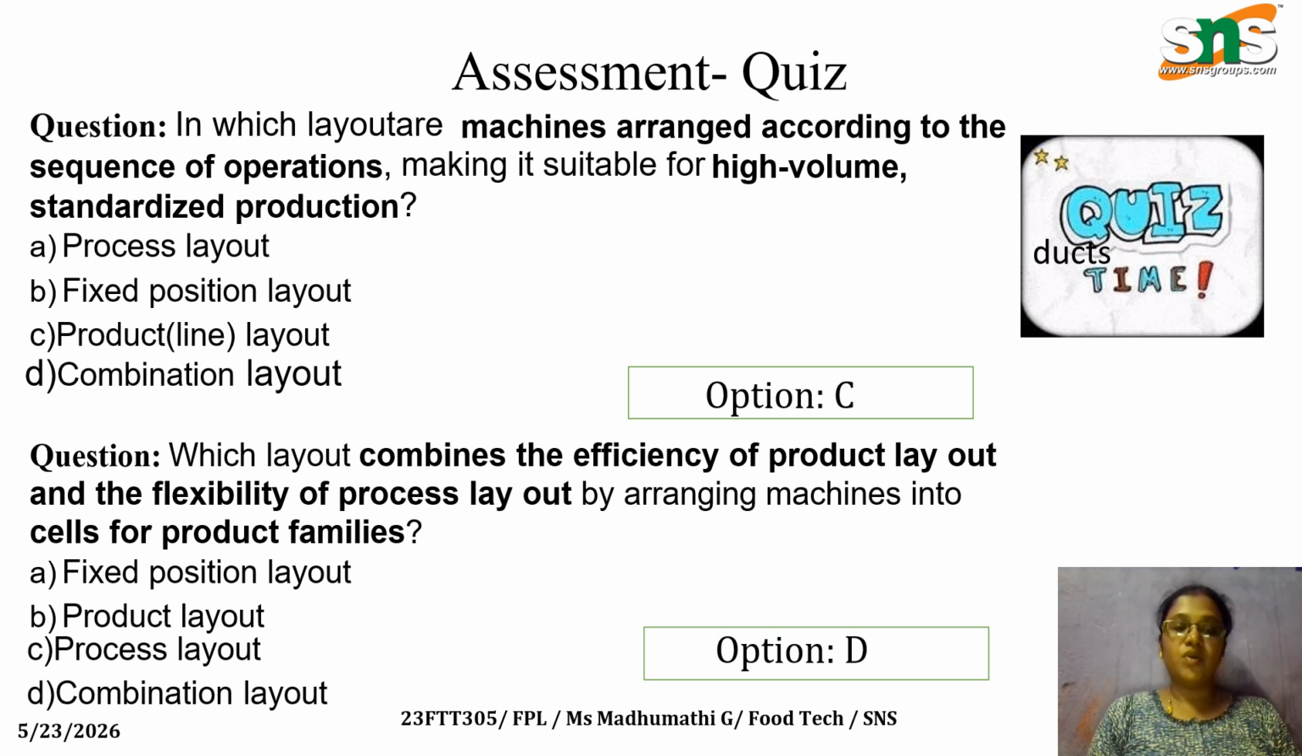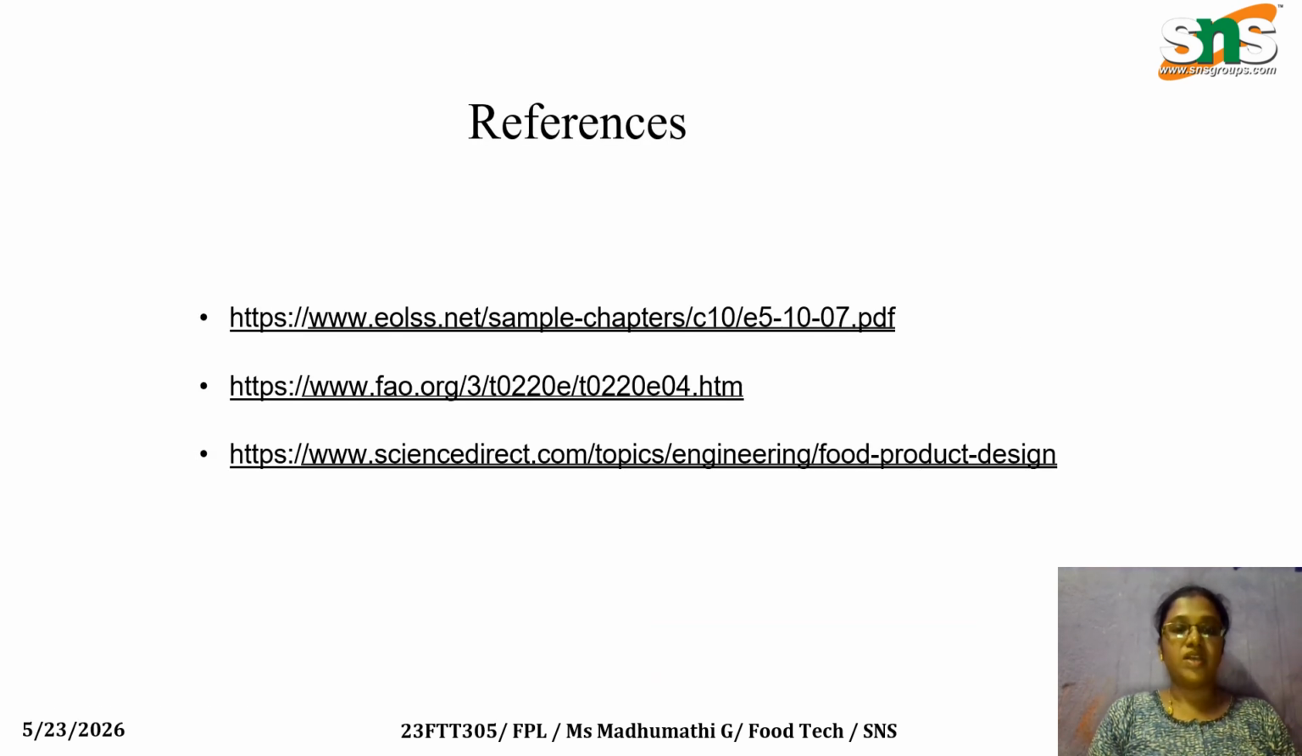So we can come to a conclusion about the role of the different types of layout in a food industry. These are a few of my references. With this, you will have a clear idea about how a particular product is processed in an industry, as well as how the type of layout